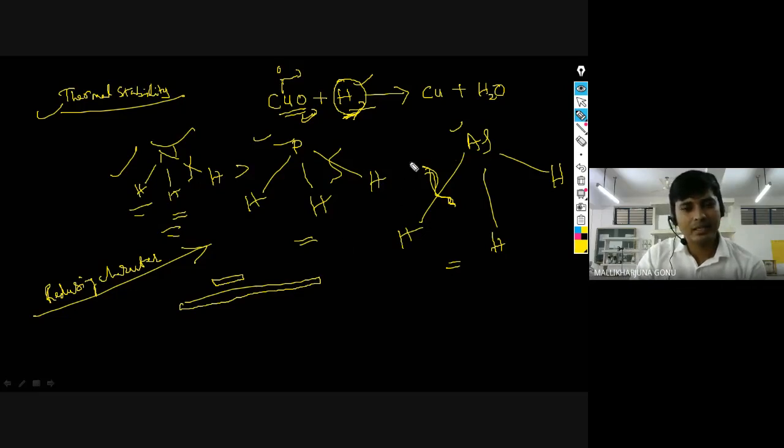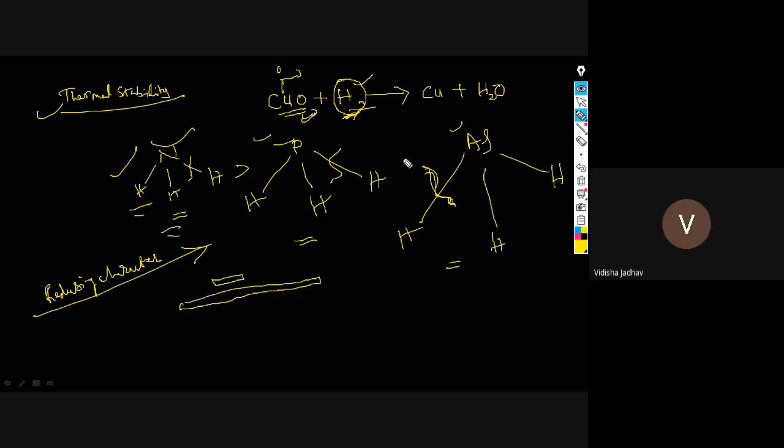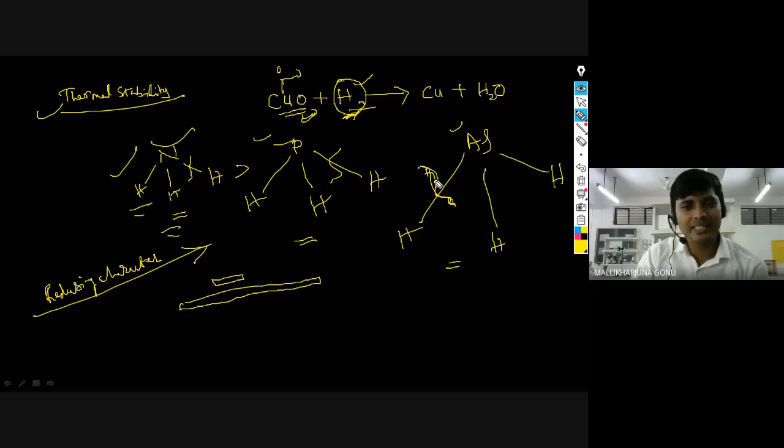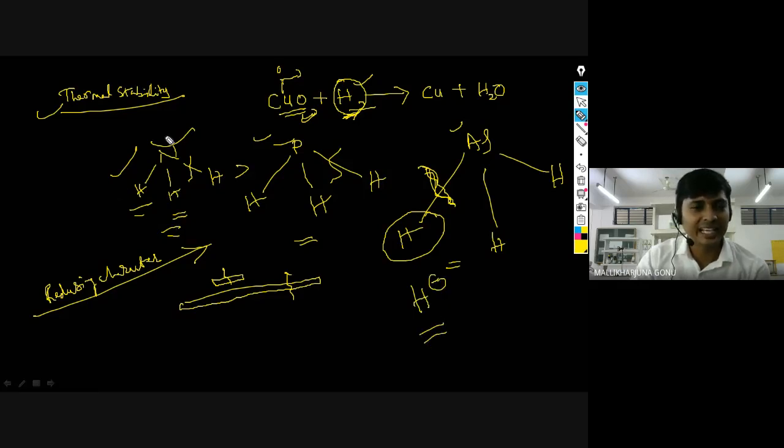Vidisha, tell me. Arsenic. Why? Because this has a long bond. That is how I have written it clearly here. This has a long bond. I said one example: a long stick can be broken compared with a smaller stick. So the hydride ion can be given easily here. That is the meaning. As such, nitrogen is the negative one. If it gives, only H plus is possible here, since the electrons will be taken by nitrogen. But if you go down the group, positivity will increase, so metal character will increase. That means it can give H minus ions easily.